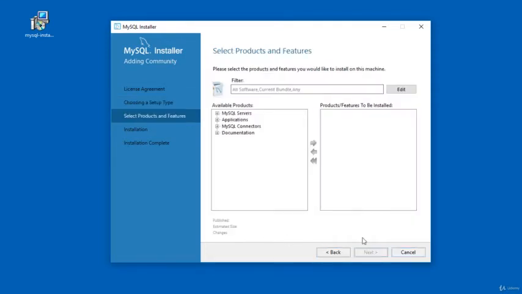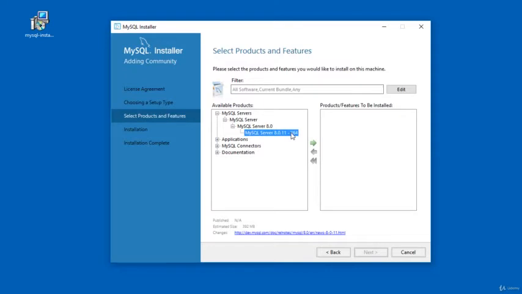Click Next. Here on the left side column, we have available products for the installation. Click the plus sign in front of MySQL servers. Under MySQL Server, MySQL Server 8.0, select the appropriate MySQL server for your computer. If you are using 32-bit operating system, then you may get here MySQL Server 8.0.11 x86. In my case, I am using 64-bit operating system, so the installer automatically gave the option to install MySQL Server 8.0.11 x64. Select the MySQL Server version available for the installation.